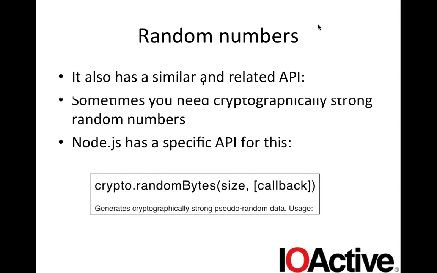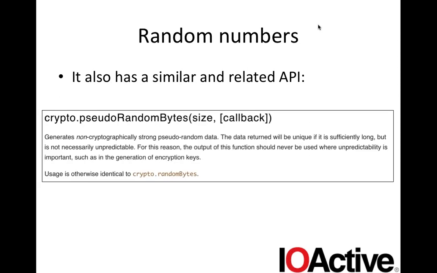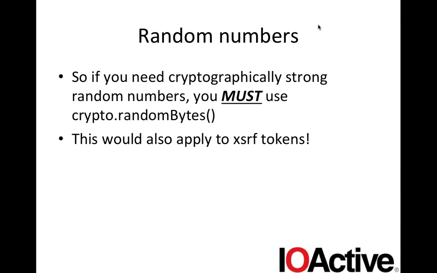So that's what I call the classic security bugs, the stuff you saw in the 90s in Perl scripts. Now we get to the miscellaneous security bug stuff, and I think this is where some interesting things show up. I want to start off talking about random numbers. Earlier I talked about cross-site request forgery and the need for cryptographically strong numbers.